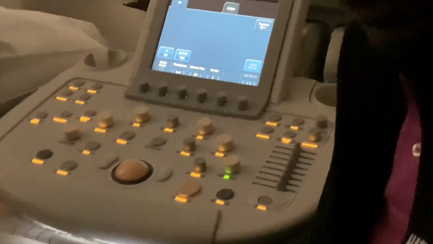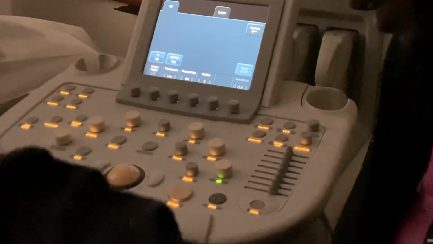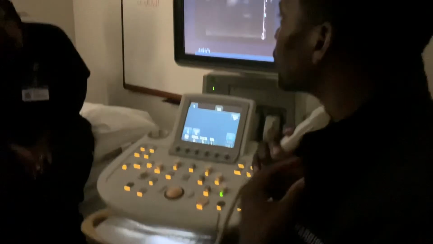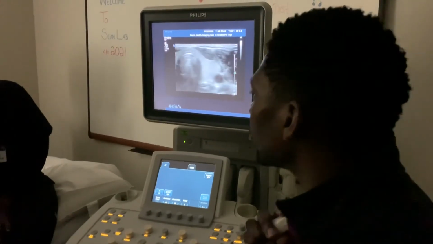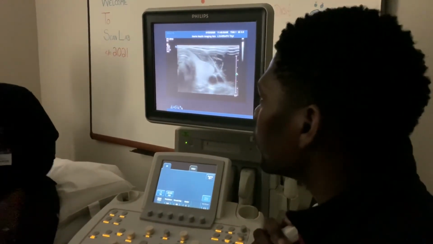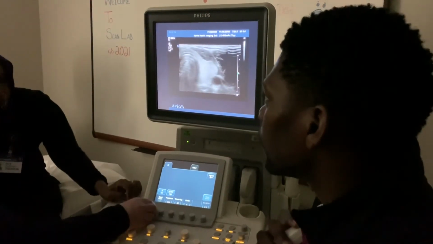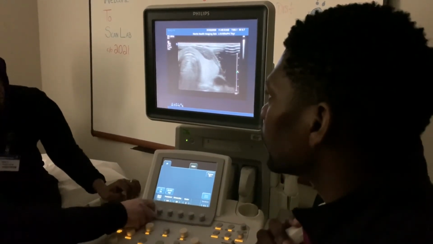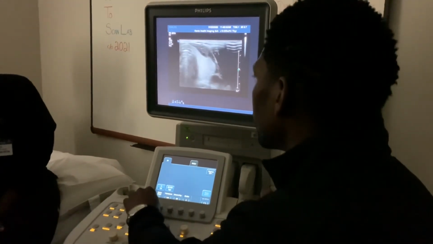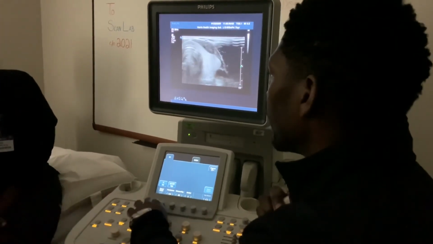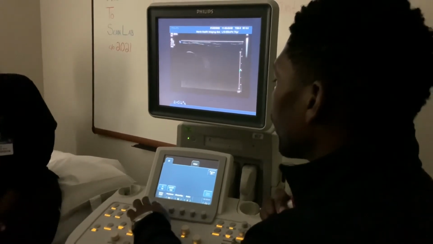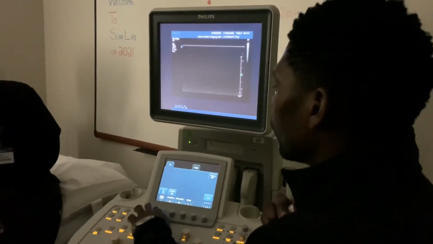Okay. So I'm going to scan myself real quick. I'm going to show you how it works. So, scan my thyroid. Right there. And can you turn my acoustic power up, clockwise, for me? So it's already up at the highest, guys. So I'm going to turn the acoustic power down. Look how it changes the overall brightness of the whole image to now it's dark, right? When I turn it up,